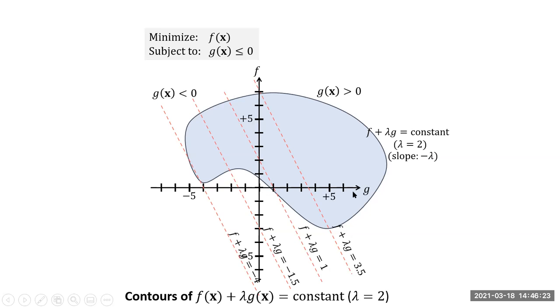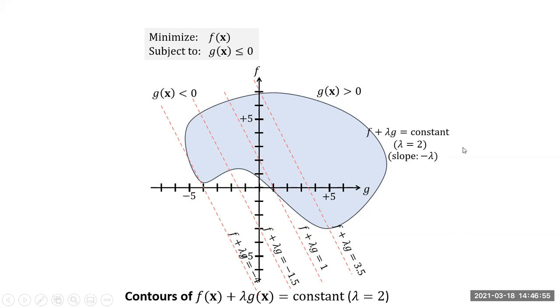The x-intercept, or the g-intercept, is 1. So this is f plus lambda g equals 1. Do you see that? This straight line is f plus lambda g equals -1.5. This one is f plus lambda g equals -4. So these are the contours of f plus lambda g equals constant for lambda equals